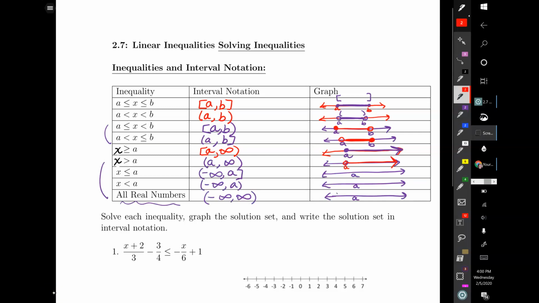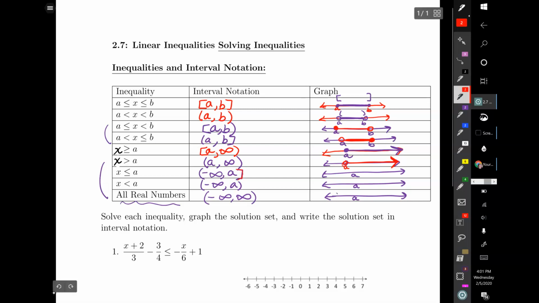So on this one here, X is greater than A, so we have parentheses, A, comma, infinity, parentheses that are curved. Both of those are curved. And then over here on the graph, I have an open circle at A and a line to the right with an arrow. The next one, X less than or equal to A, I have curved parentheses, negative infinity, comma